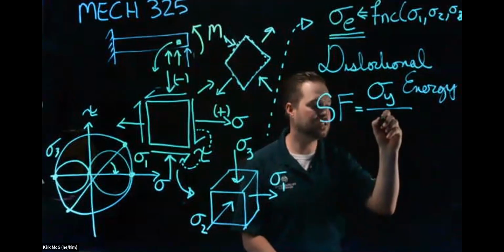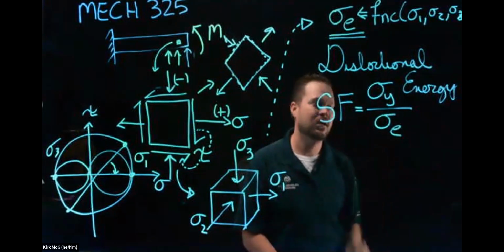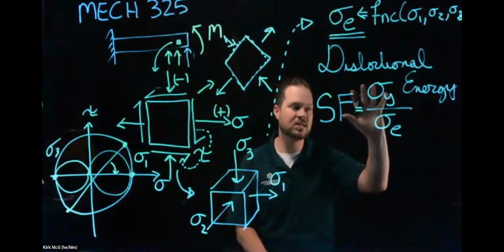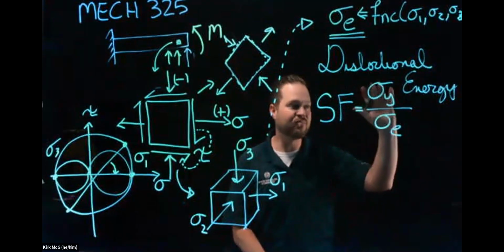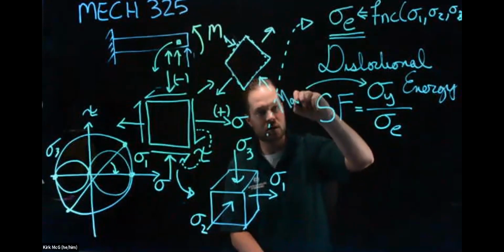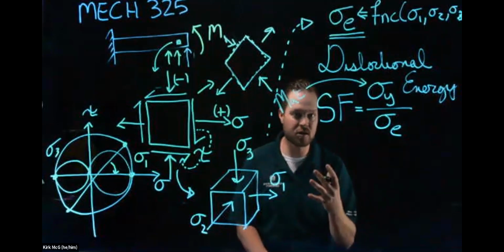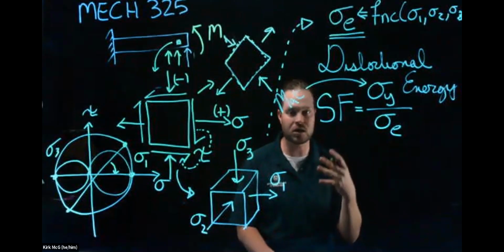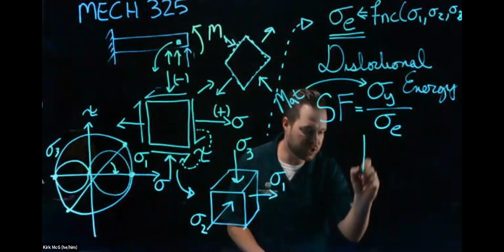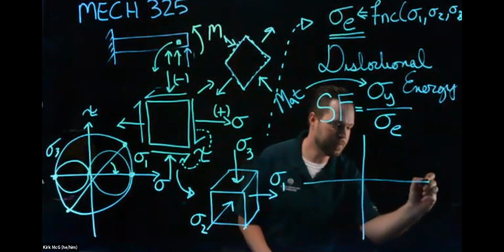So now I can take this sigma equivalent, and all of a sudden what I've done, this may look very simple, and that's why we love this, is all of a sudden now I've brought in material parameters. So this is a material parameter. And as mechanical engineers, we play with new and novel and classical materials all the time. So really what this is, if we just want to look at it graphically,